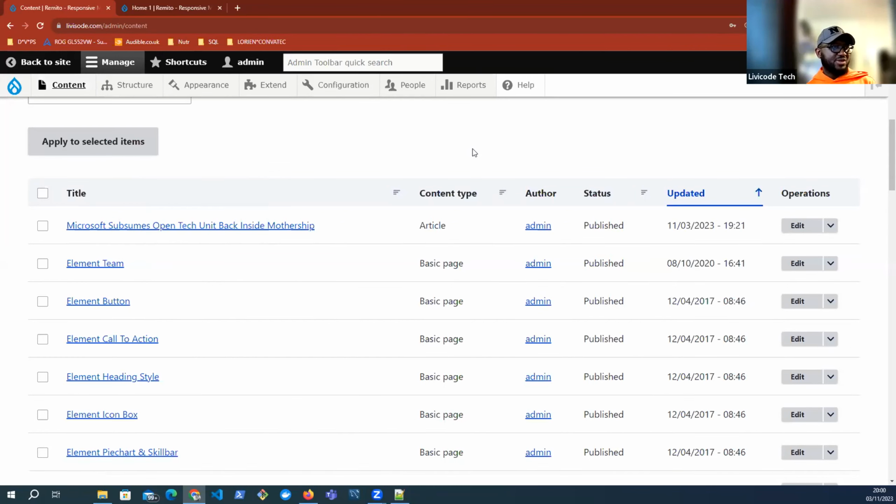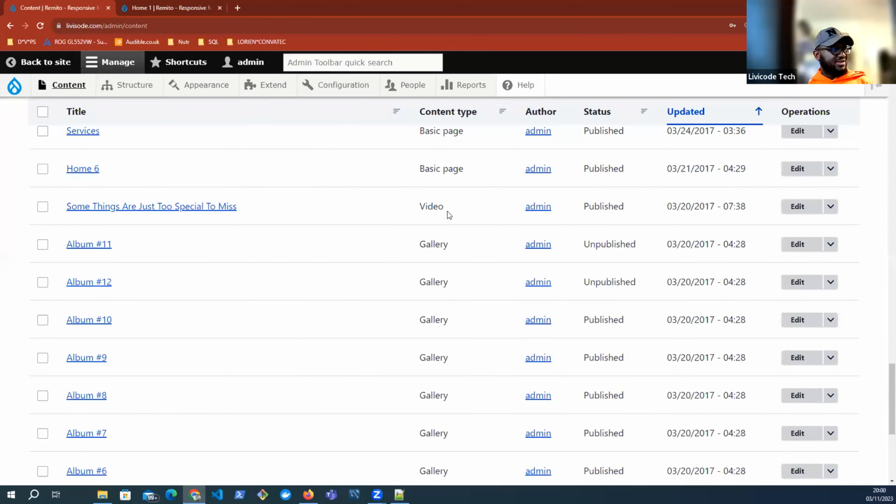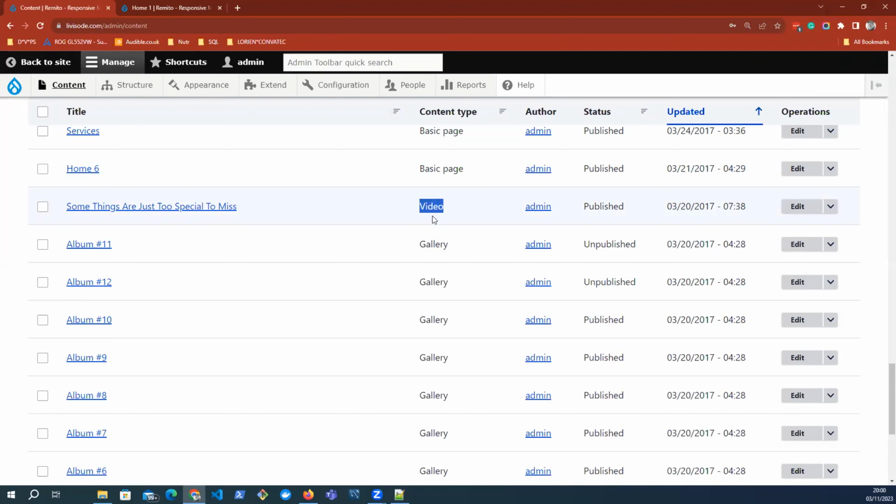Now, for this particular project, you can see the content types that they have. They have articles. That is to say, the web producer must be able to create articles for the website, and they also have another content type called the basic page. So that is to say that the web producer must be able to create basic pages for the website. I think also if you go all the way down there, they also have video. That's another content